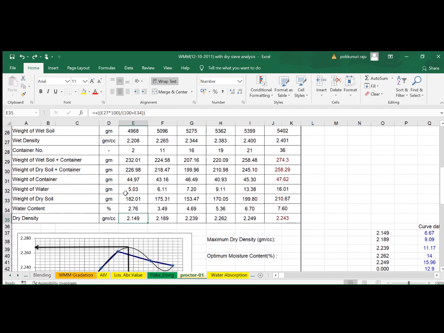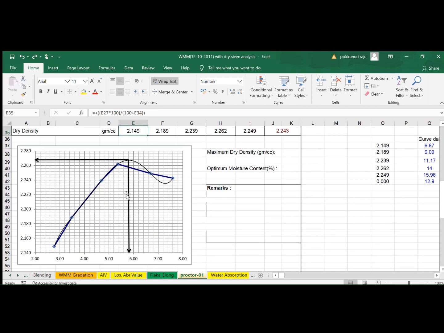So this is how you are able to plot a graph between the variation in moisture content on the x-axis, and the dry density on the y-axis. The point at which the density reduces from the maximum to less than the maximum will give you the peak value.